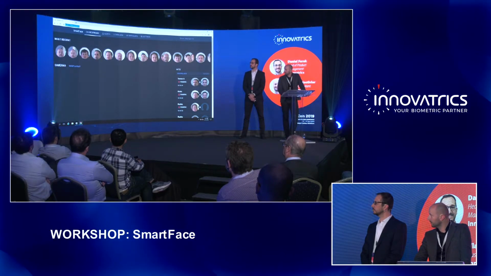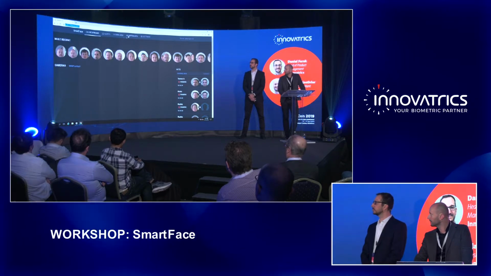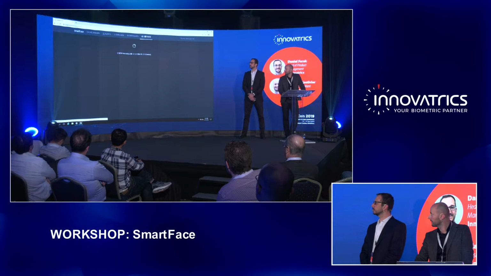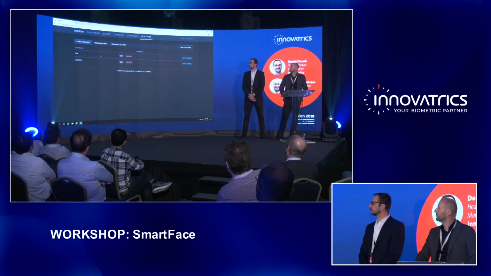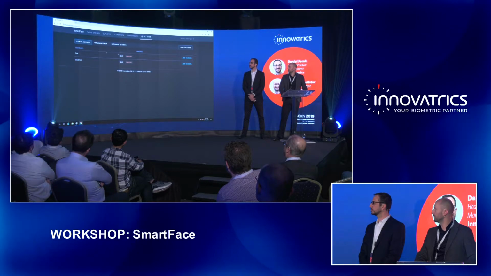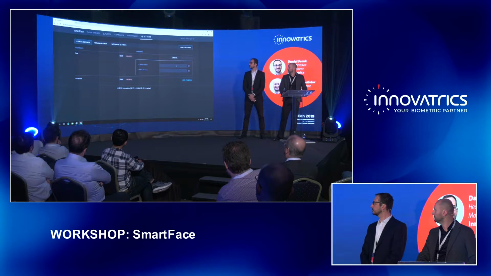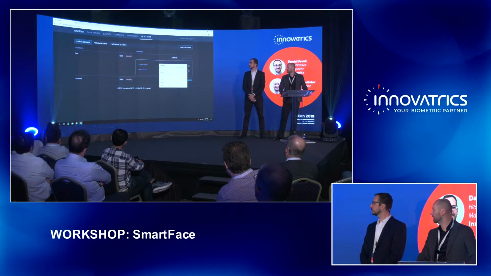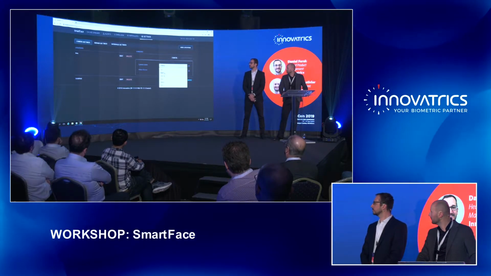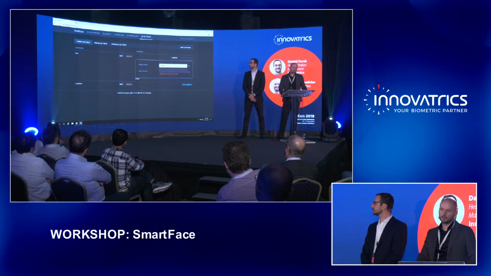As you can see, we don't have any cameras connected, so to show you how it works, we will just add a new camera very quickly. We have two locations defined, so we will use the location Inno, such as Innovatrics. I'll simply add a camera, give it a name, let's call it video,